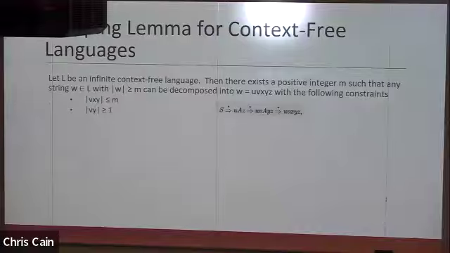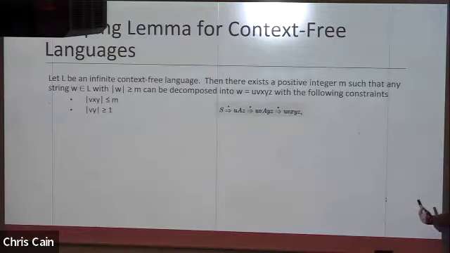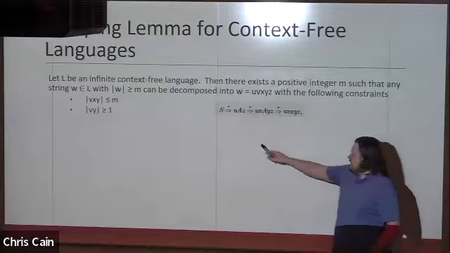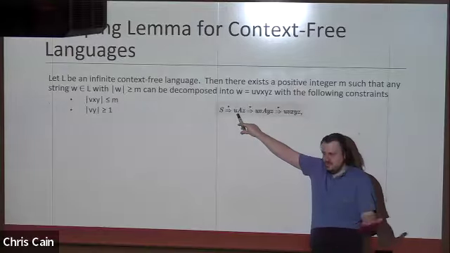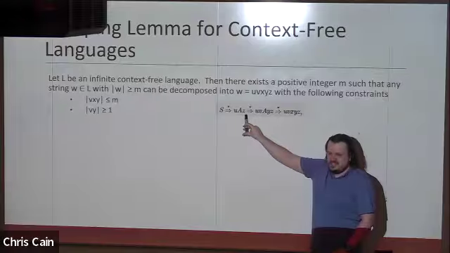And the way we're going to visualize this is, what are these U, V, X, Y, Z? We talked about V, X, and Y already, but U and Z are kind of like the X from the regular pumping lemma. This is what's going to get us to the first case of that recursion. Starting with the S, there's no guarantee that that's the start of the recursion. The recursion could be from B to C, to B to C, to B to C, but we have to get to that non-terminal B in order to start that recursion. So the part of the string that comes before we get to that recursion is U. The end of the string after that recursion is Z.